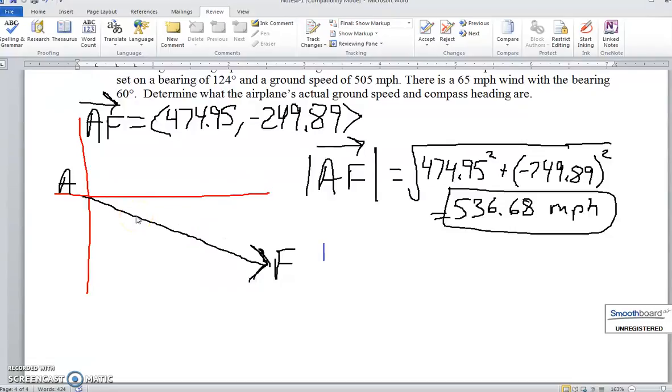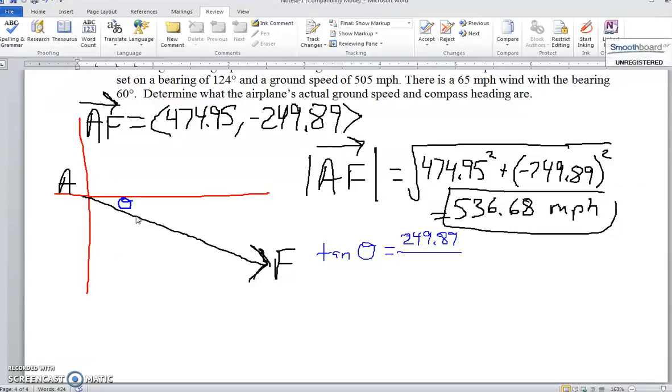So I might say that tangent of theta, if this right here is theta, would equal the opposite side, which is going to be that negative, well, I'm just going to say 249.89, make it positive, 249.89, so I'm just thinking of a basic right triangle, and divide that by